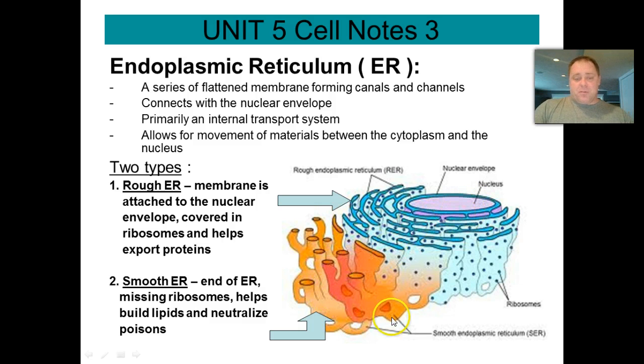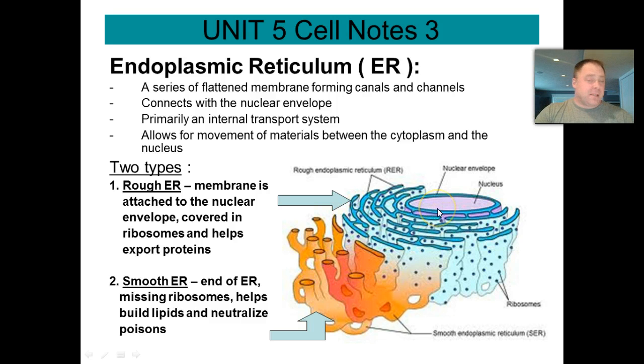Smooth endoplasmic reticulum do not have the ribosomes on the outside, so they don't have anything to do with protein synthesis necessarily. They do have something to do with building lipids. They can neutralize poisons, which also has something to do with lysosomes in some cells, and largely that is their job. Okay, so you also remember that we talked about the fact that the rough endoplasmic reticulum is connected to